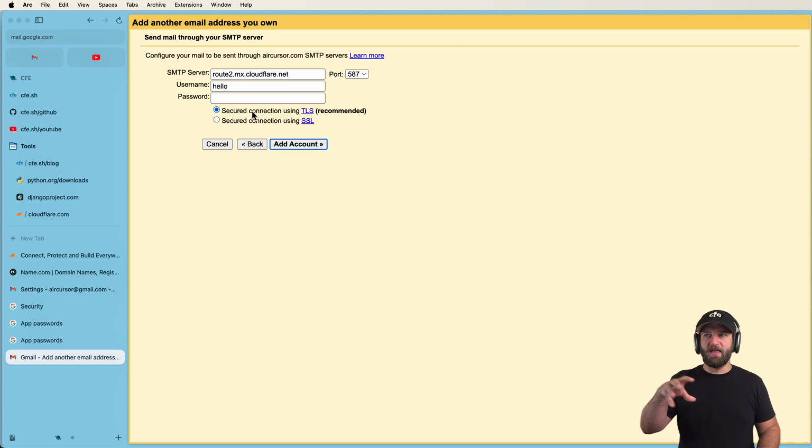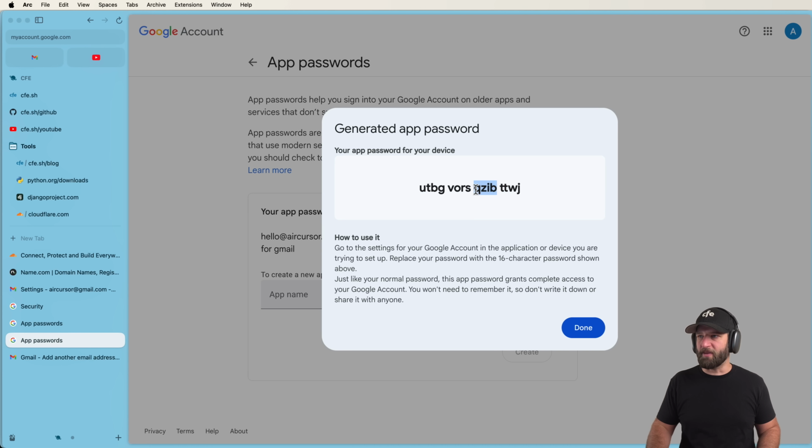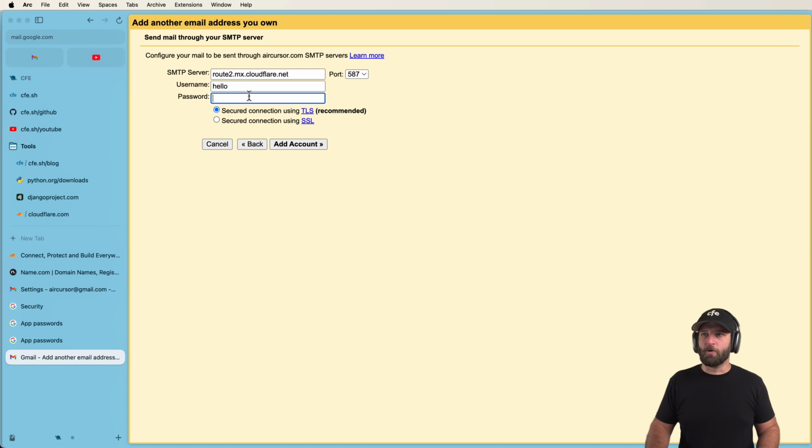This is the part that uses Gmail. This is the part that uses that app password. So if we grab that app password, we're going to copy that and paste it here. Now you can see by default, Gmail is trying to log into Cloudflare. At this point, Cloudflare does not have a way to send emails out. It only has a way to route them to a different destination. So we need to use a different server. We need to use Gmail's server, which is